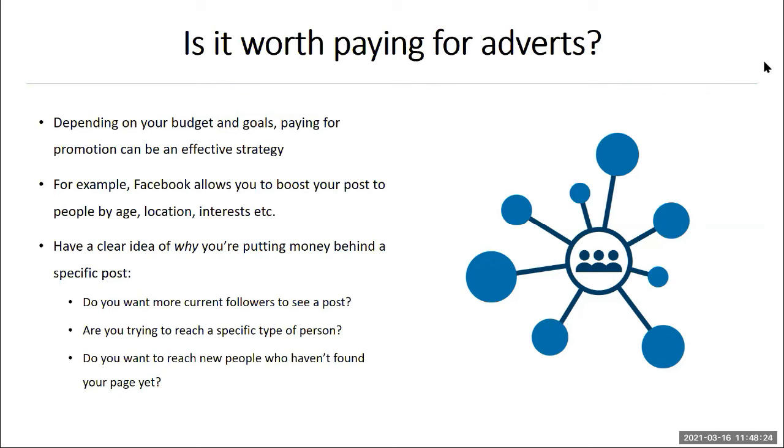targeting. And I think it's also worth thinking as well, if money is a difficult thing and you want to find more organic ways of reaching more people, is try and find other support groups, other pages that have overlapping interests, and see if they will post about the work you're doing. That's something that I know that we do at Prostate Cancer UK. We love to post about different support groups and what they're doing, and specifically about different sort of demographics of people that are affected by prostate cancer. That can be a way of reaching a bigger audience as opposed to just kind of putting money behind it if that's not something you're able to do.